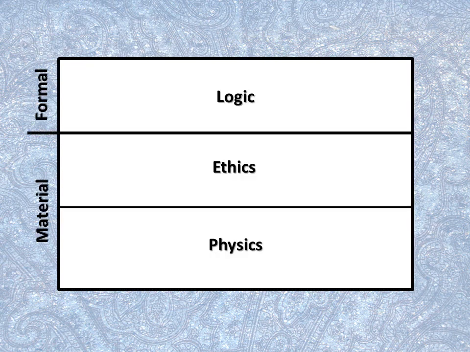So, notice that Kant is going to make this distinction between formal and material knowledge, and he's going to show you that all formal knowledge is logic. And so, in this second paragraph, where he says, all rational knowledge is either material or formal, he will then go on to say, in the exact same paragraph, formal philosophy is called logic. So formal knowledge, knowledge of structure, not content, that's what he's calling logic. Material philosophy, however, he says, is of 2 kinds. It either has to do with determinate objects and the laws to which they are subject,